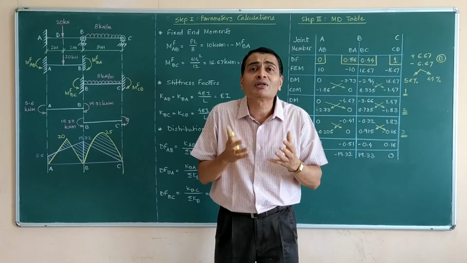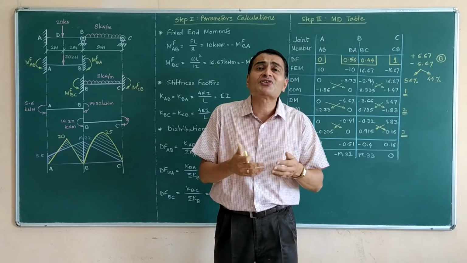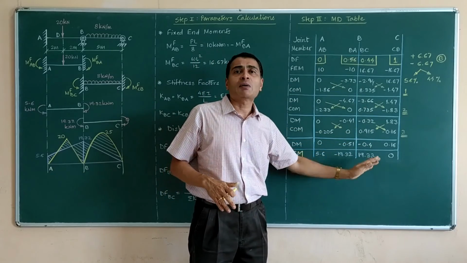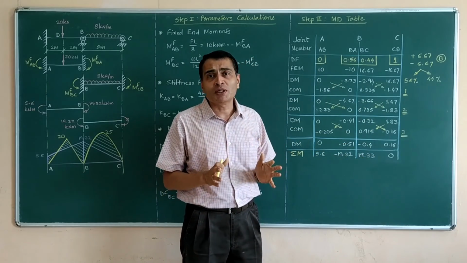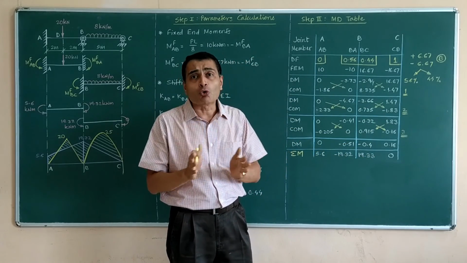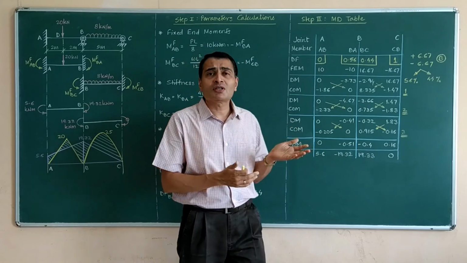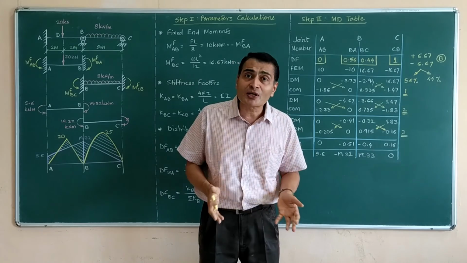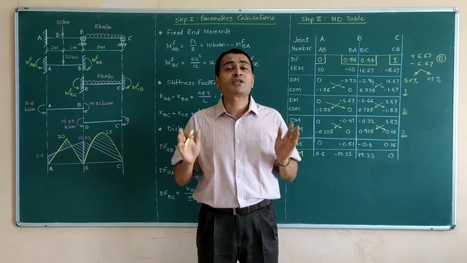I may not have the time to repeat this in the next problems. So we will be focusing mainly upon the technique of problem solving. But as and when you have a doubt as to why we are doing all this, you can always go back to my previous lecture and this lecture, so that your fundamentals will remain